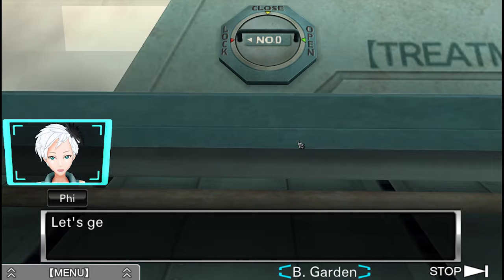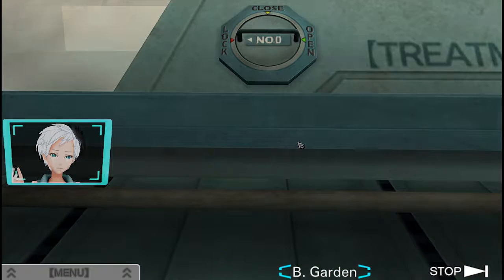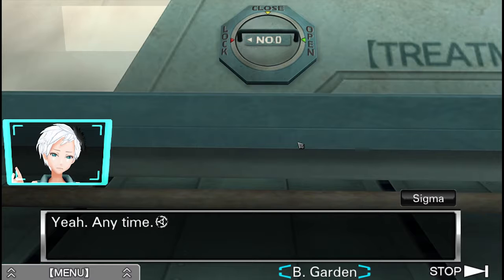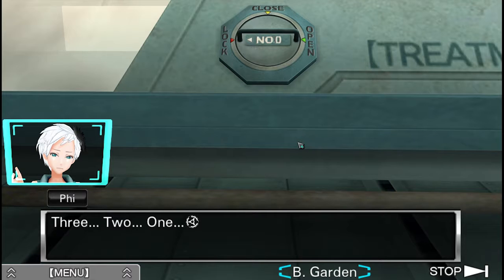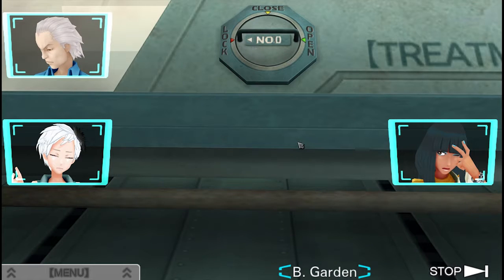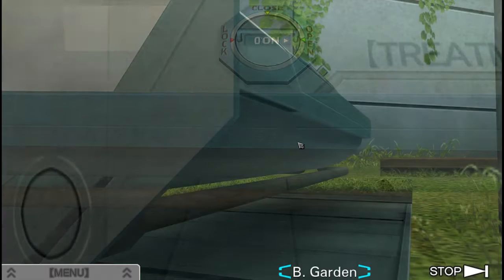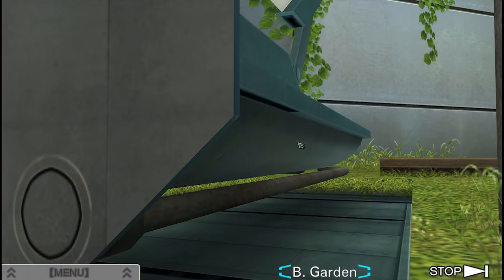Okay, let's get started then. Ready? Phi laid her hand on the lever and looked around at us. I swallowed. Yeah, anytime. All right, here we go. 3, 2, 1. Alright. Ooh, okay. And inside is...